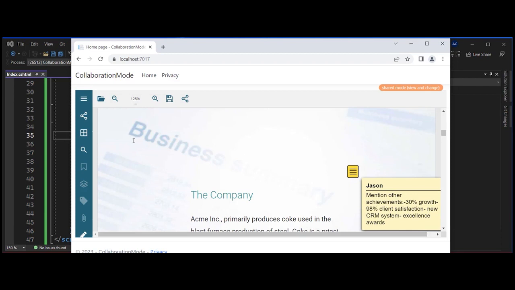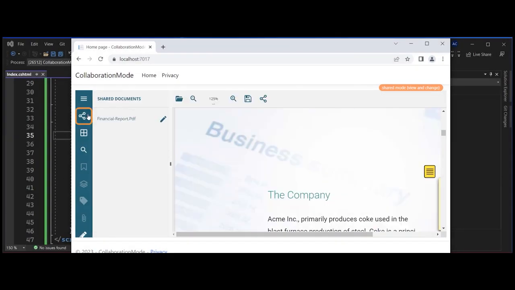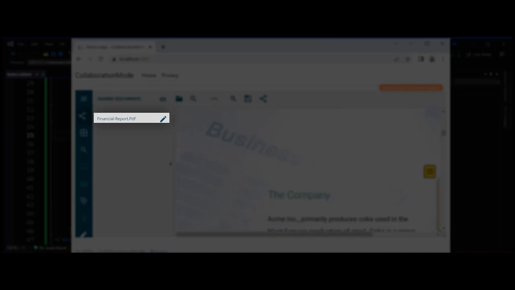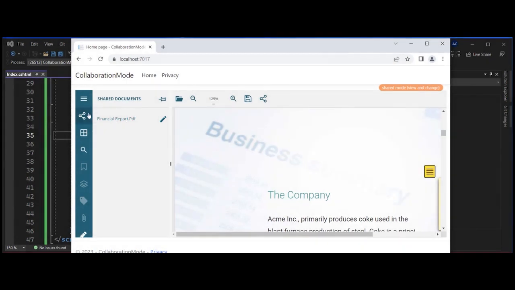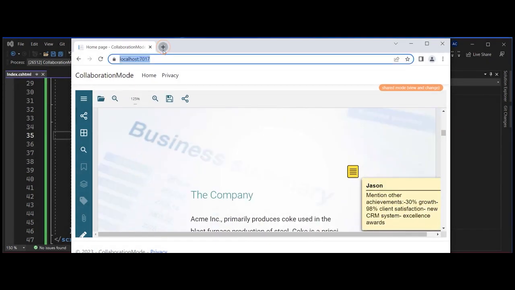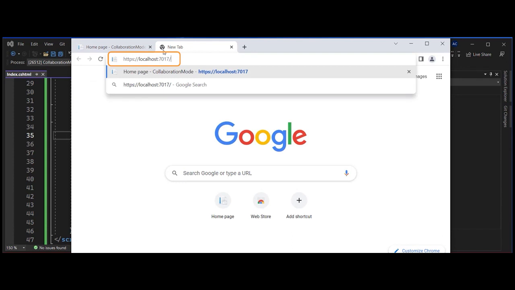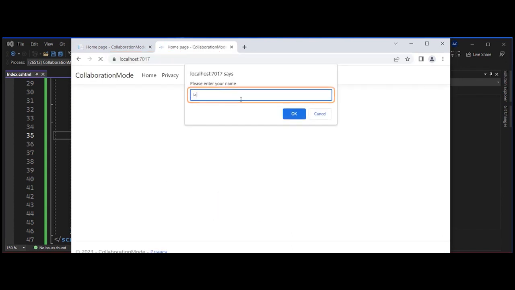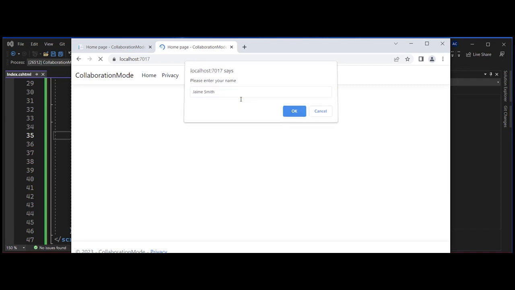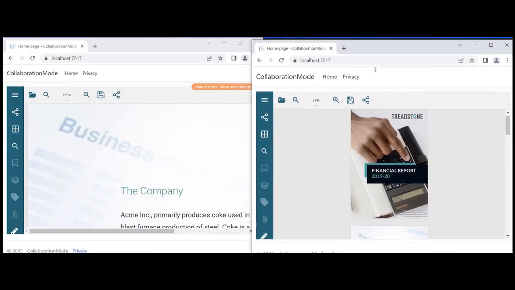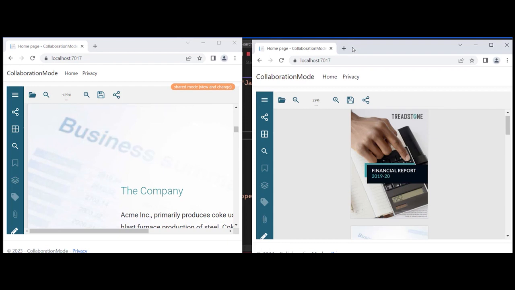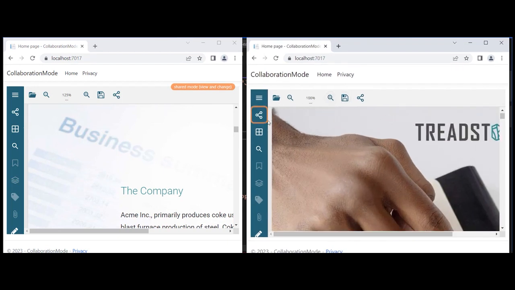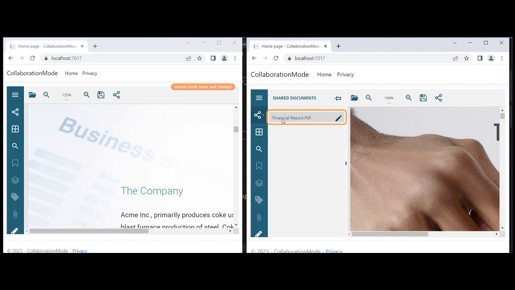After the document is shared, you will see the Shared Mode label displaying at the top right corner of the viewer. Click on the Open Shared Documents panel in the sidebar panel and notice that the shared document starts showing in the list of shared documents. Now let's open another browser window and load the same viewer with a different username. In the new window, click on the document in the Shared Documents panel,